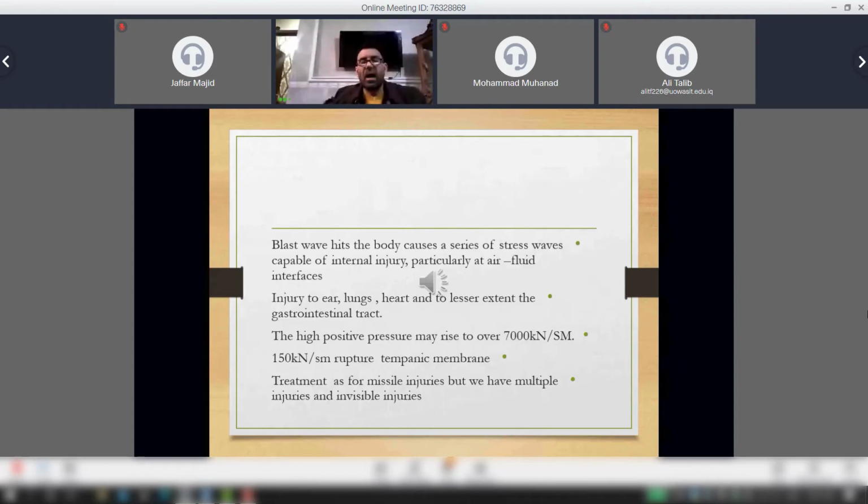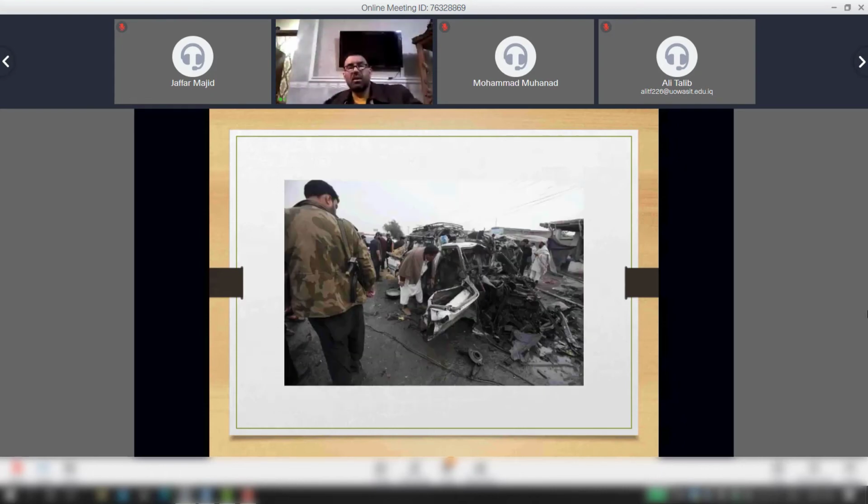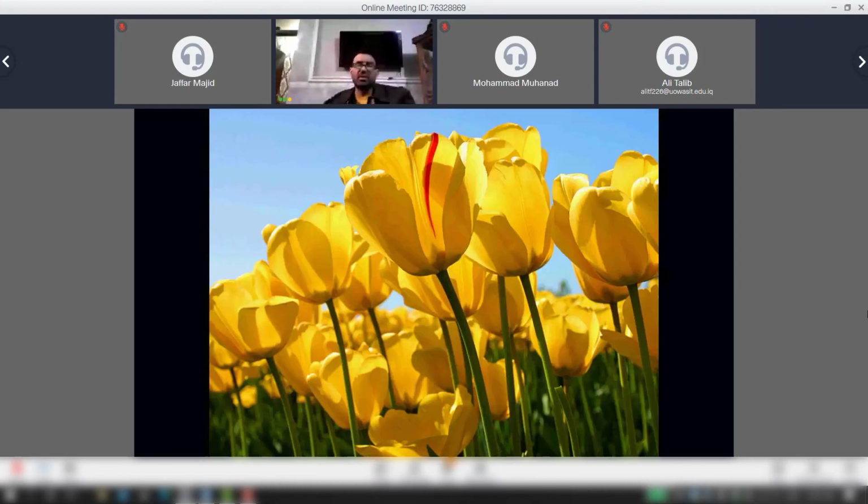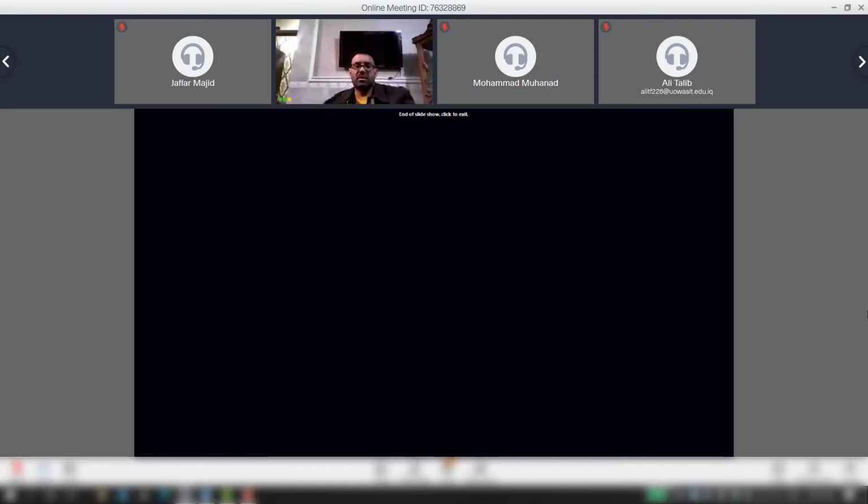Pressure wave happens. High positive pressure may rise even to 7,000 kilopascal and may cause tympanic pressure injury. Treatment is accordingly, of course, for multiple injuries and invasive injuries, and should be according to treatment. And this is another example for blast wave, and this is the end of our